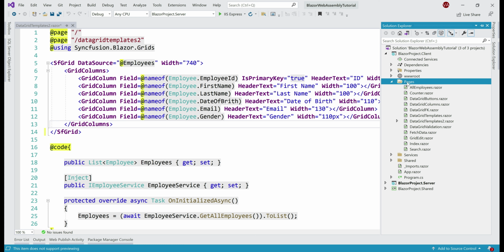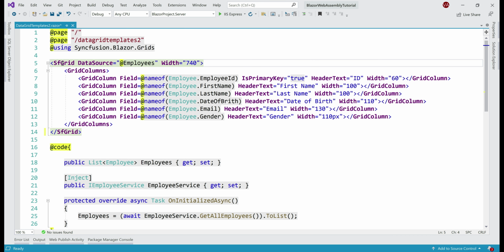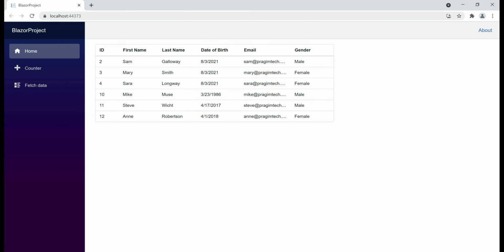In the Pages folder, I added this new component, DataGrid Templates 2.razor. And in this component, we have a Syncfusion data grid. And the data source for this grid is the employees property, which is right here. And it is this employee service that calls our server-side REST API, retrieves database data, and populates this property. And these are the list of columns that we are displaying in the grid at the moment: Employee ID, first name, last name, date of birth, etc. So if we take a look at this page in the web browser, we see the list of all employees